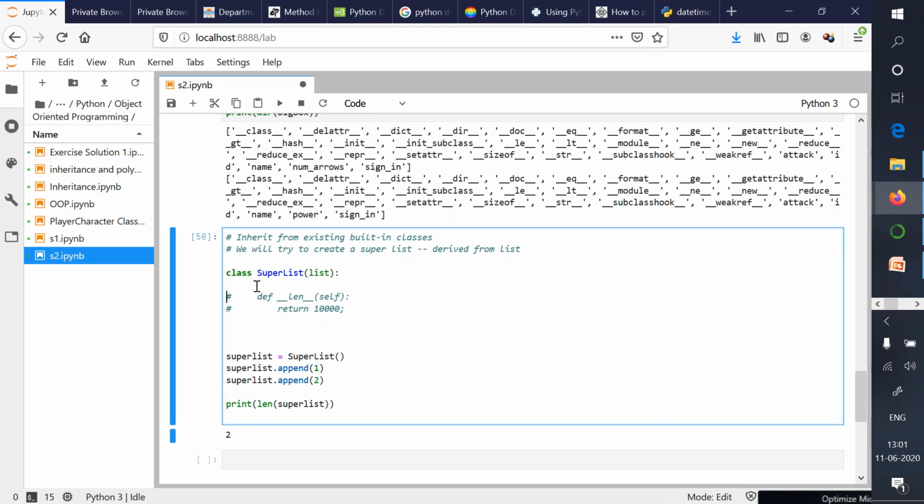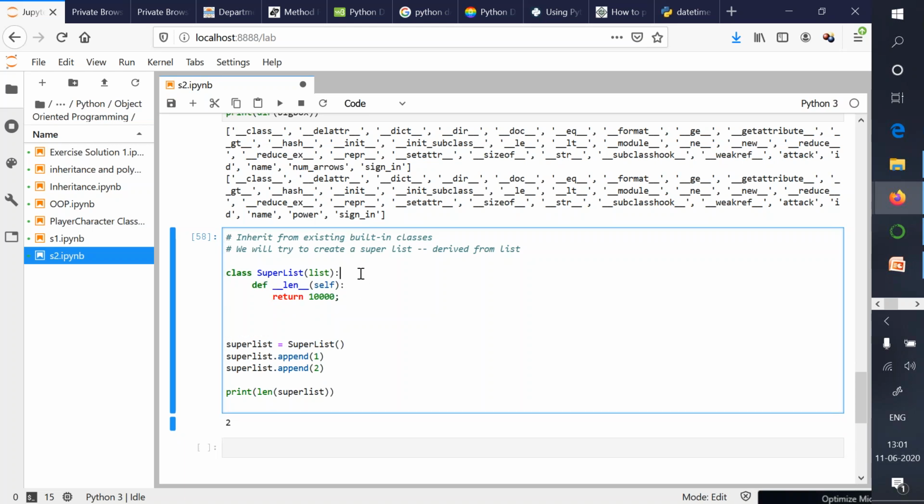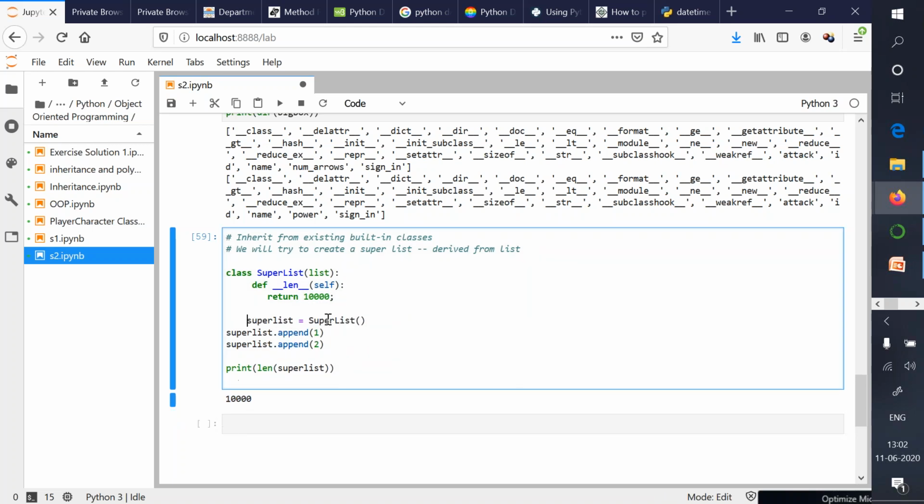But if you override the existing methods like this by mentioning the code under the dunder methods or magic methods, you'll start getting output like this. So with this, I just intended to demonstrate how you can override the existing functionality.